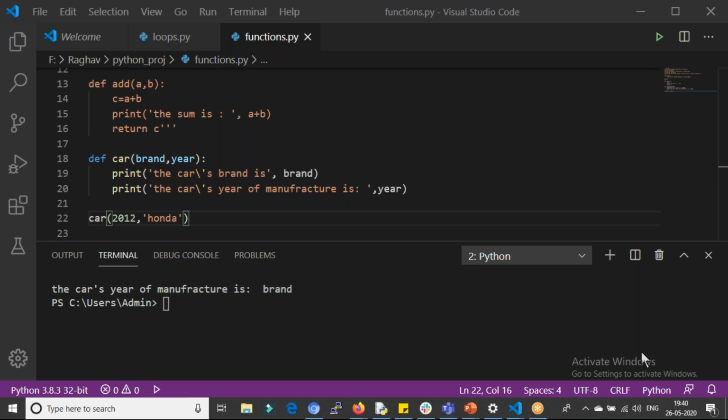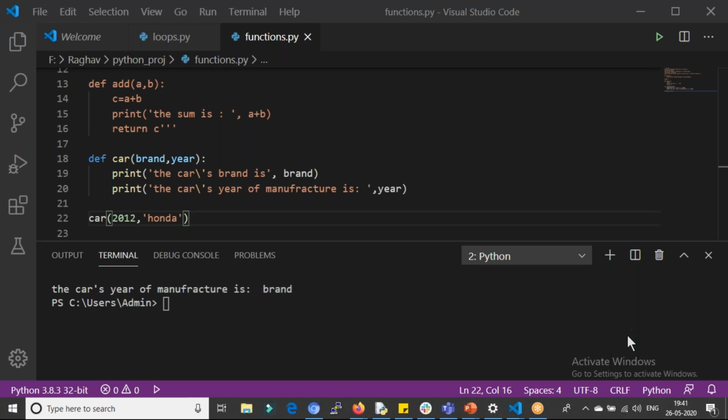Shreyas, can you answer this? Could be an error. Okay. It will reverse itself. You are passing an integer in a string.